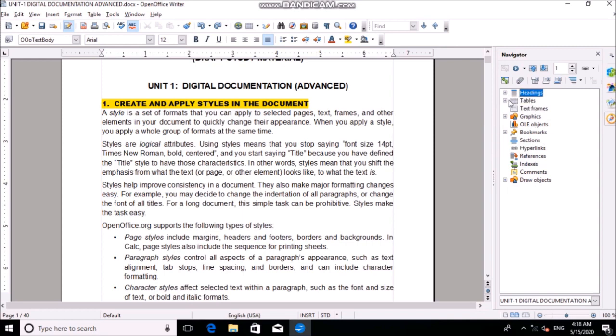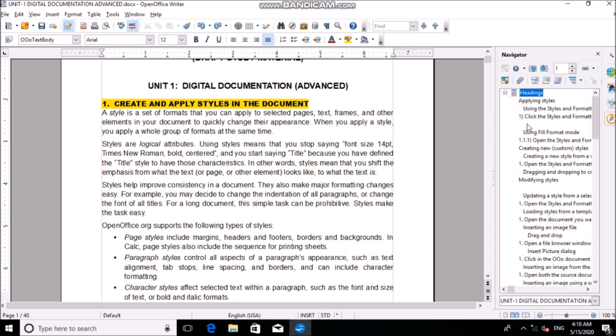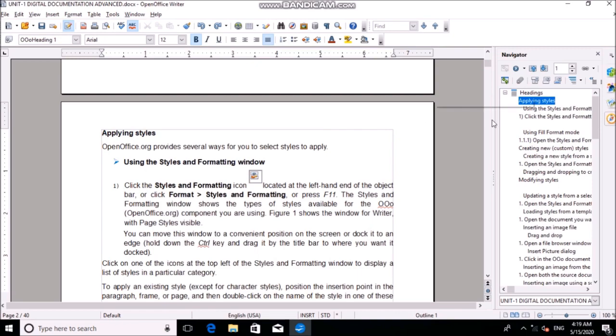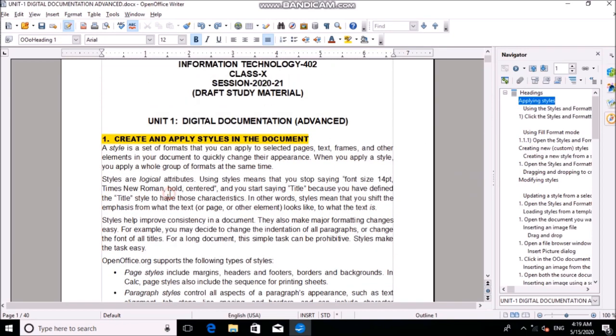Suppose this is the heading, and I want to go to it. We are on styles and formatting, applying styles and all. We want to go to this option, 1.1.1. I'll double click on this, and it will directly navigate to this, right? So let's go to the headings, applying styles. Here we were.